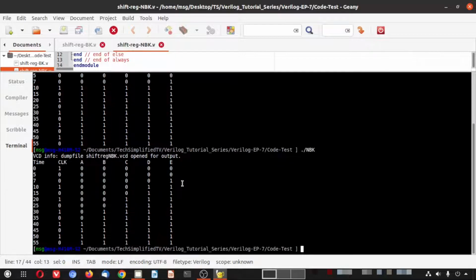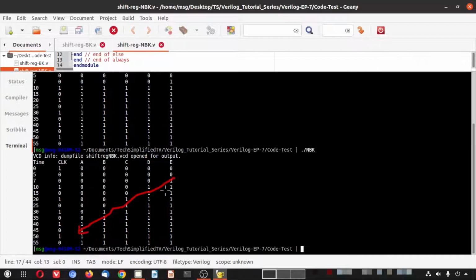Now we see the result of the non-blocking. So here you can see the non-blocking, the NBK we have, and here we are not talking about the clock. It is properly toggling here, and here you can see at 7 we have set the value E to 1, and because of the reset instruction given previously, all are 0. So you can see if we follow this line,